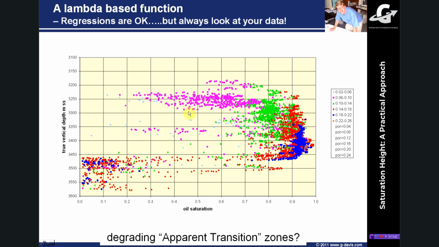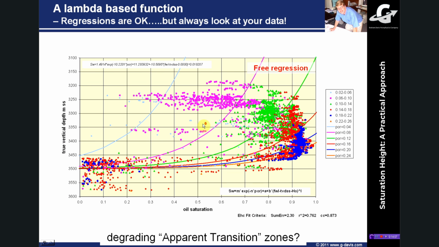We can see quite clearly that this rock up here from 6 to 10 PU is very poor, hence the poor oil saturation. Here we've got 10 to 14 PU, and as we get increasing porosity, we get increasing oil saturation, and that comes out quite clearly because in this particular case the porosity control on saturation is very strong. And if we run our analysis, black box it, and we just run a regression, there you go. That's what Bill Gates says is the minimal reduction, minimal error between the predicted and actual measured saturations.